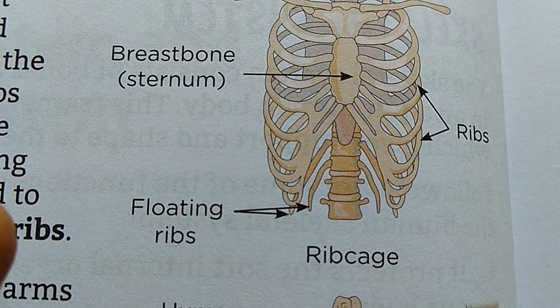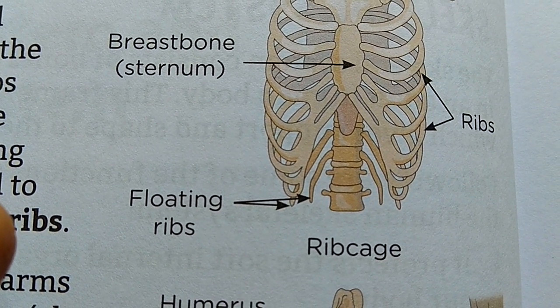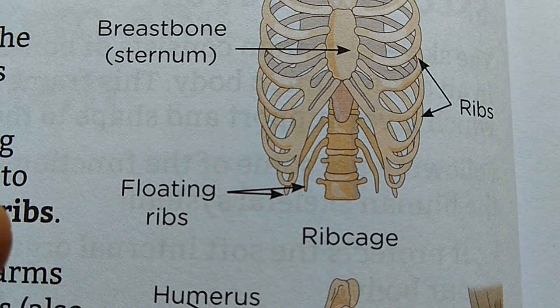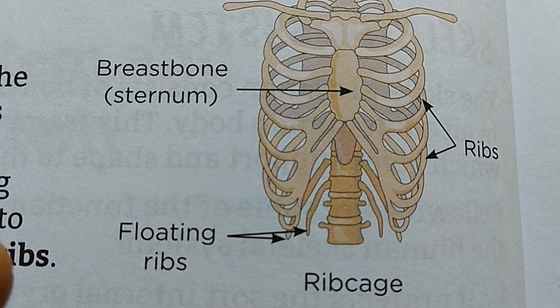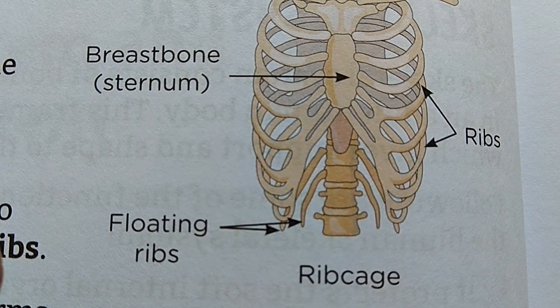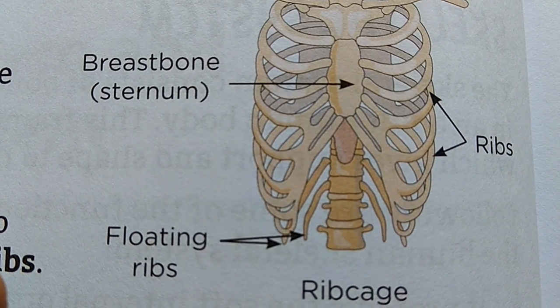The rib cage is the frame of bones that forms a cage-like structure in the region of the chest. The rib cage protects the heart and the lungs in our body. This rib cage is formed by 12 pairs of bones known as ribs. All the 12 pairs of ribs are attached to the backbone. Backbone means रीढ़ की हड्डी.